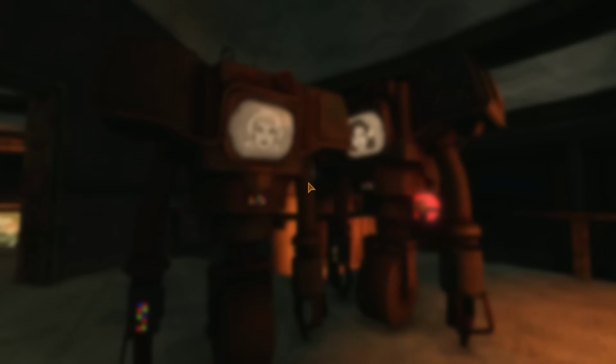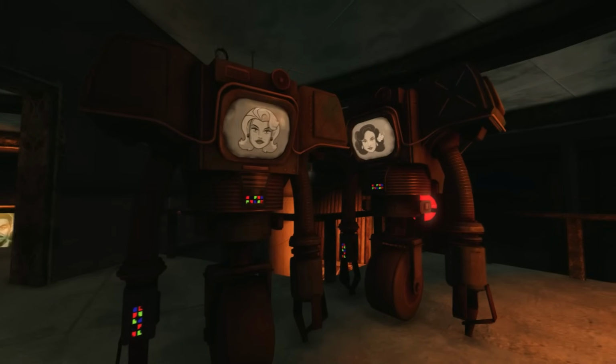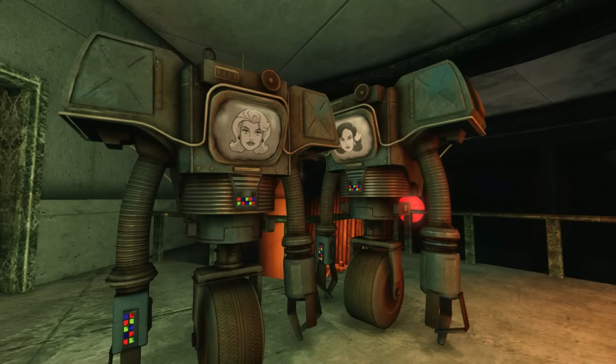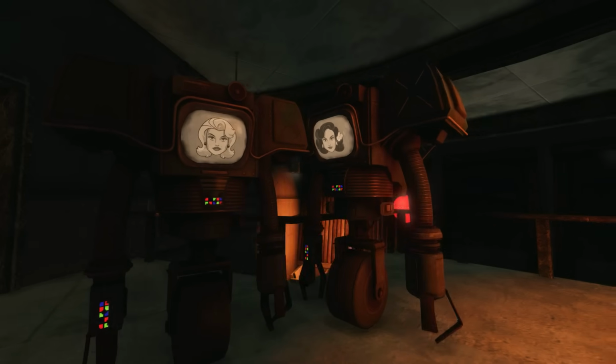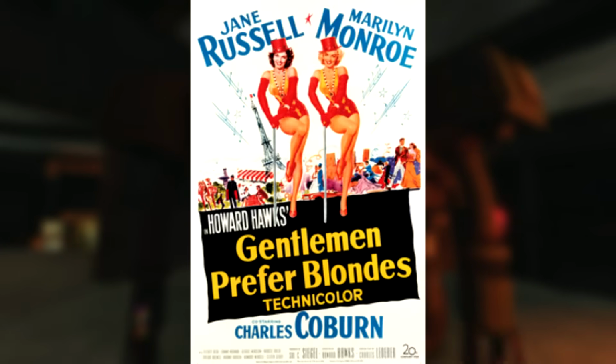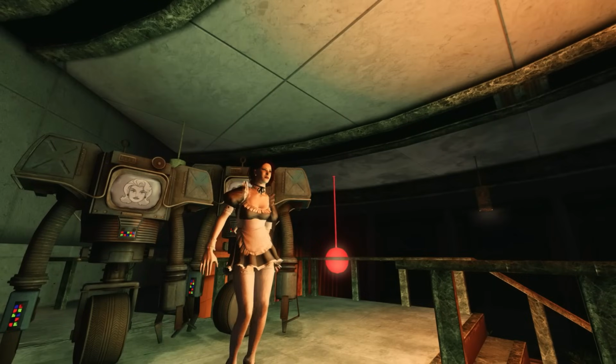Now you probably know about the one Securitron, Jane, who is in the Lucky 38's presidential suite, and you can talk to and deliver snow globes to. That Securitron is based off the actress Jane Russell, who co-starred with Marilyn Monroe in the 1953 movie Gentlemen Prefer Blondes. But the Marilyn in-game was cut,